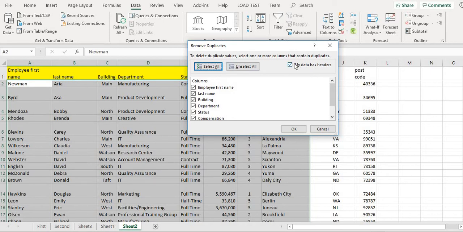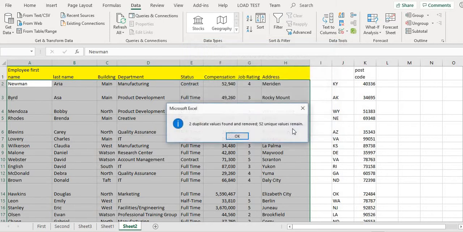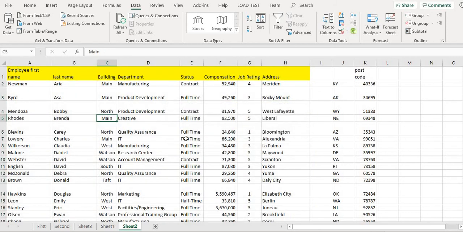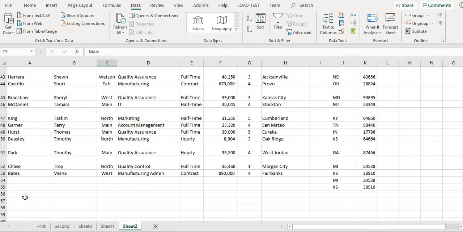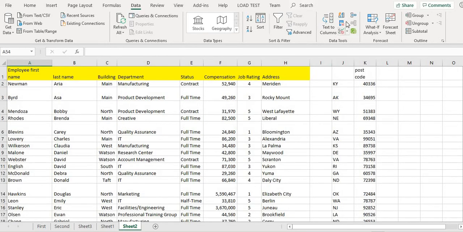I have a header, so I have checked it. Now you see, the two rows which I copied are showing as two duplicates found, and if you click OK, they will be removed. You see, at the last they were removed. So this is a very handy tool to remove duplicates.